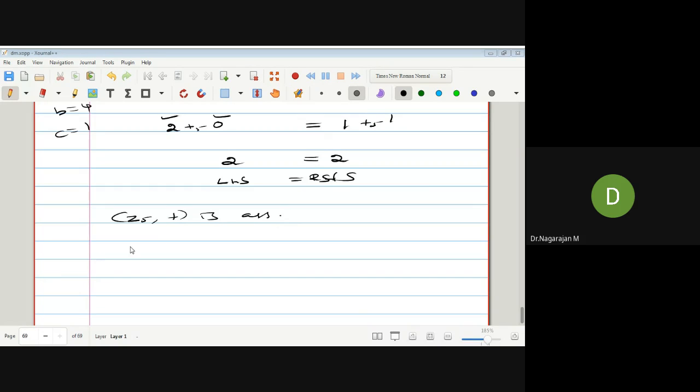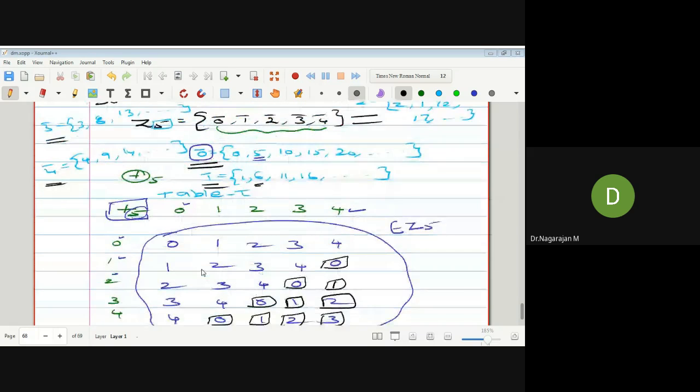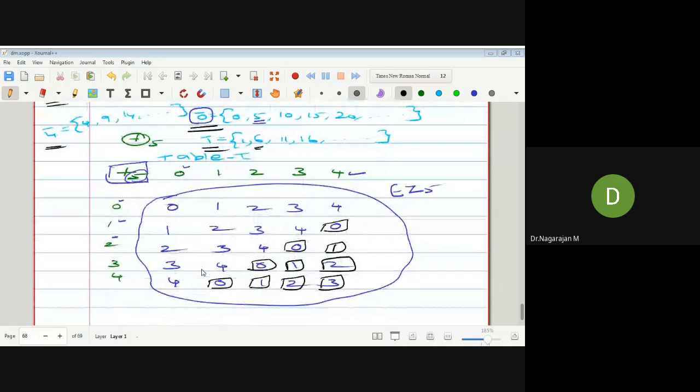So next, whether the inverse exists or not. The third property. What is the inverse element? That's very important. Sorry, identity. First of all, find the identity. After that, move on to the inverse element. Next, whether the identity element exists or not, from that table. So I am moving to table 1. We want to find the identity element. What is the definition of identity element? A star E equals E star A equals A only.